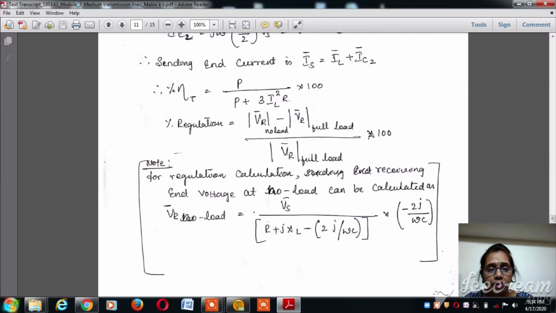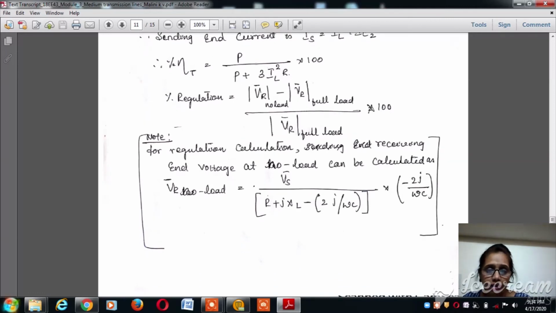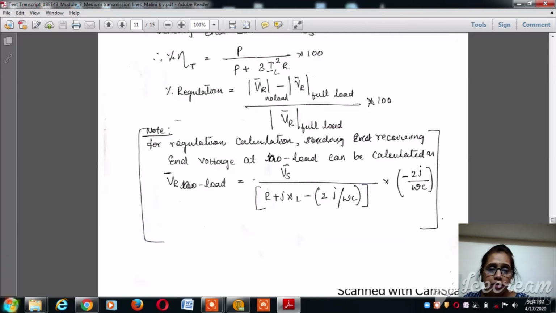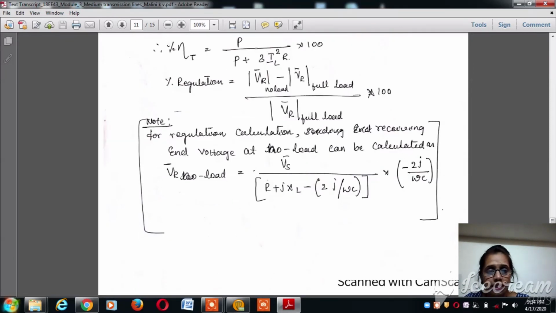Now percentage regulation is equal to the modulus of VR at no load minus the modulus of VR at full load, divided by the modulus of VR at full load. This should be multiplied by 100 to get the percentage. For the regulation calculation, the receiving end voltage at no load can be calculated as VR at no load is nothing but equal to VS divided by the expression involving R plus jXL and the capacitive term 2j divided by omega C. So this is a simplified formula that we can remember, where VR no load is nothing but